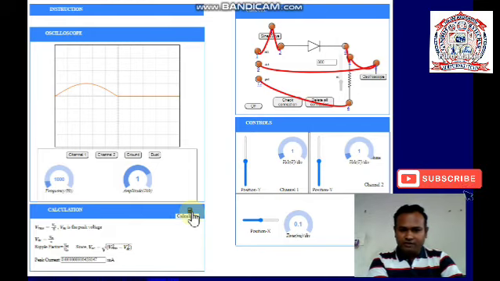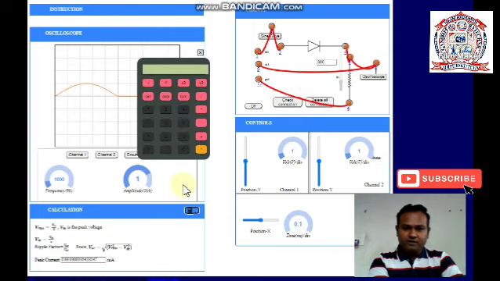So for ripple factor we have to calculate Vac and Vdc first. So we use the formula for Vdc equal to Vm by pi. So first we calculate Vdc, that is Vm by pi, and in our case Vm, the maximum voltage, is 1 volt. So 1 divided by pi, that is 3.14. 1 divided by 3.14 is equal to 0.318. Okay, our Vdc is equal to 0.318.